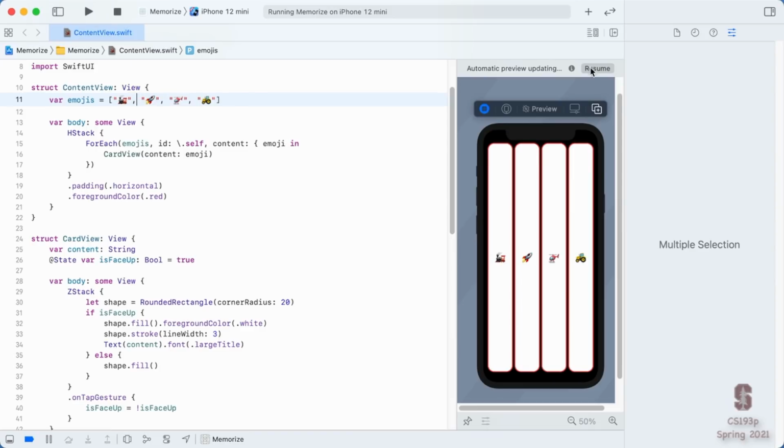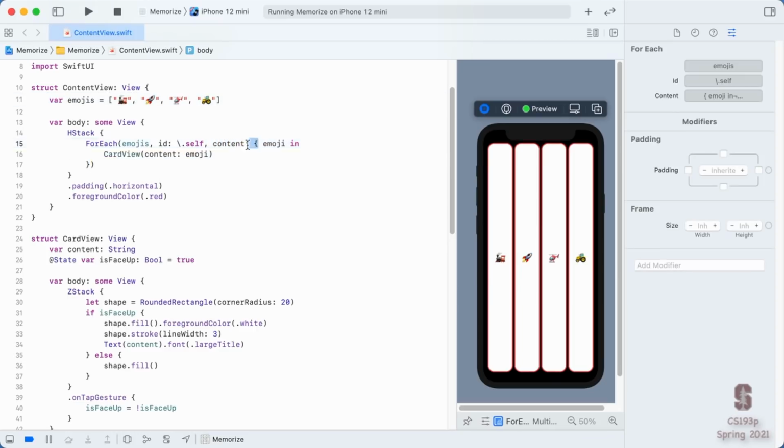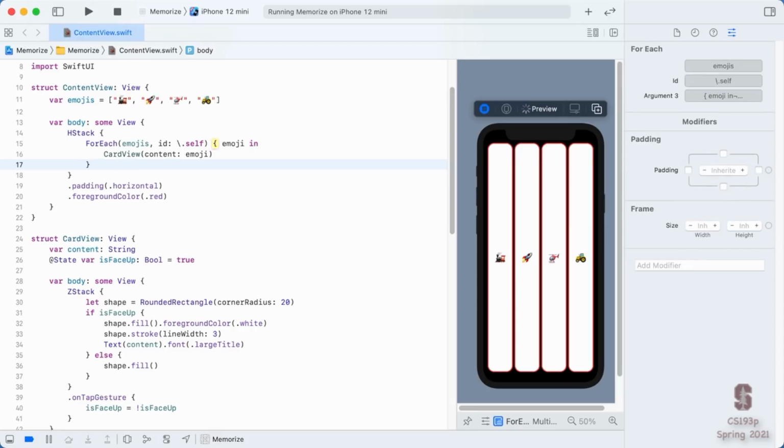We're going to go back to having just the for. We're still in preview mode over here, so this is working fine over here as well. We can clean up our code a little bit here because, of course, content is a function, an argument that's a function, and it's the last one. So we can take that off of there, get rid of the parentheses.